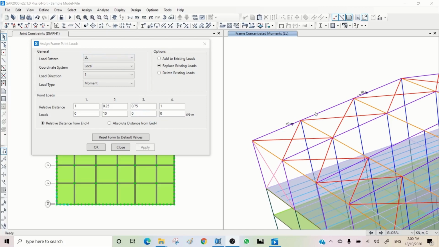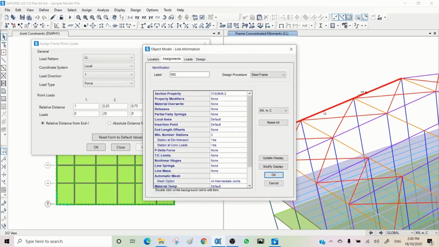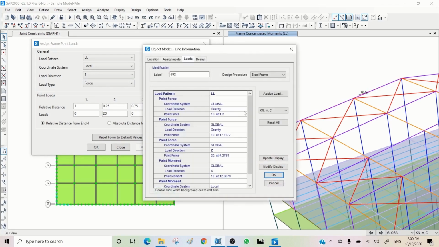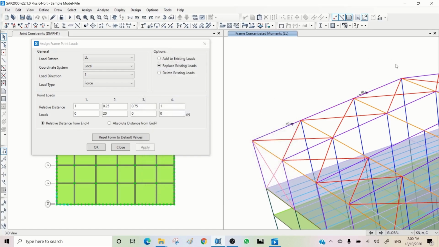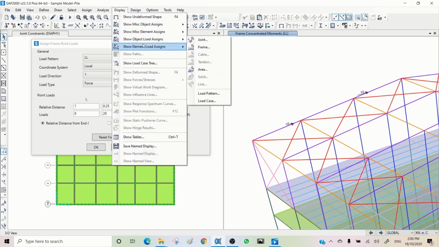What you need to consider is, if you are applying moment, you can just see the moment. If you are applying force, then you can just see the forces, but all of them are here. So if I right click on this element and come here, you can see all loads are shown here. After running the model, we will see how to view the results, and then I can explain in more detail. But just to make it clear here, if I come to display and come to show element